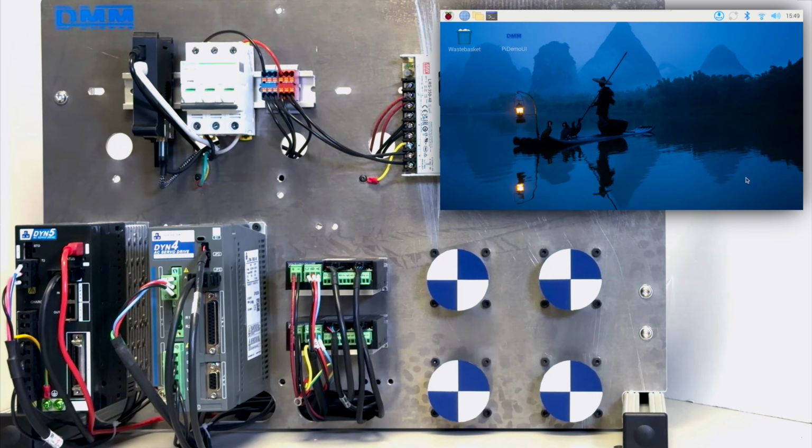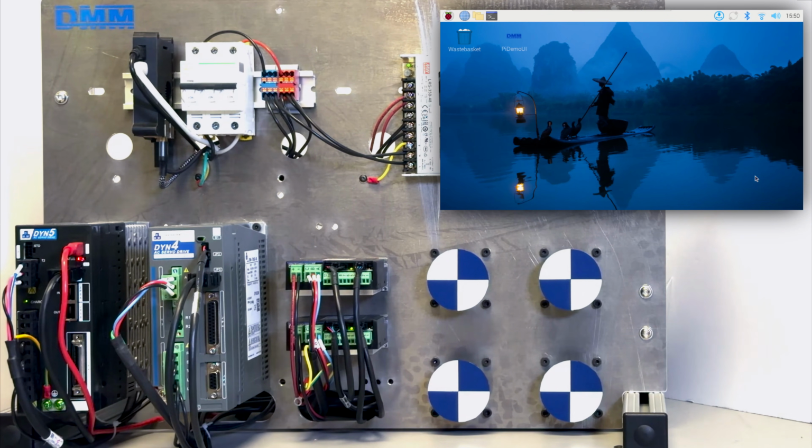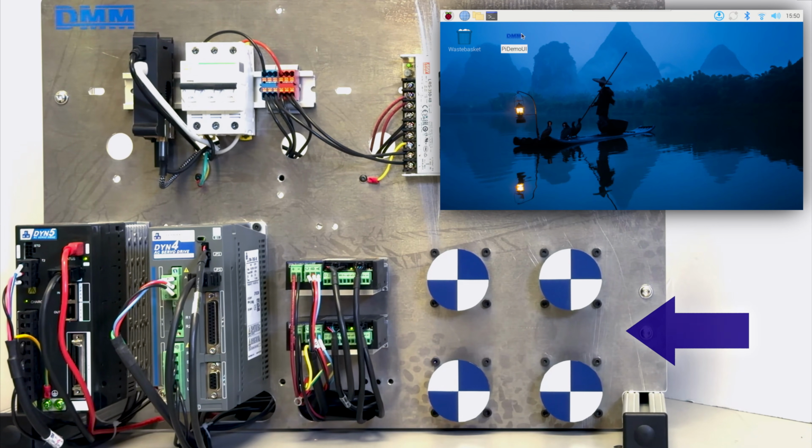This is a demonstration of a Linux-based interface for DMM servo drives running on a Raspberry Pi 5. This program identifies all connected drives, assigns each one to an axis, and allows seamless switching between multiple axes in real time. In this setup, we have a DIN5, a DIN4, and two DIN2 servo drives connected to four 400-watt